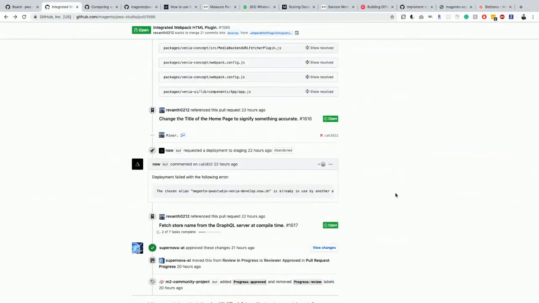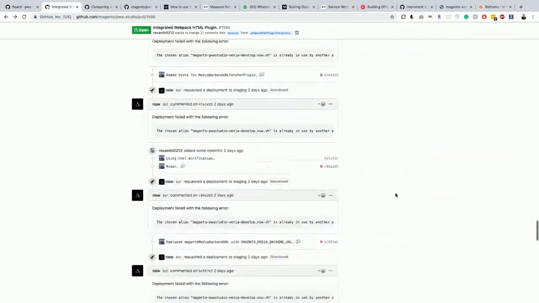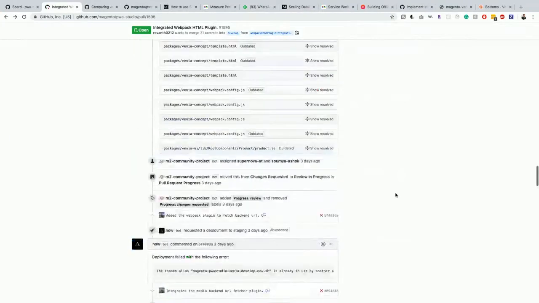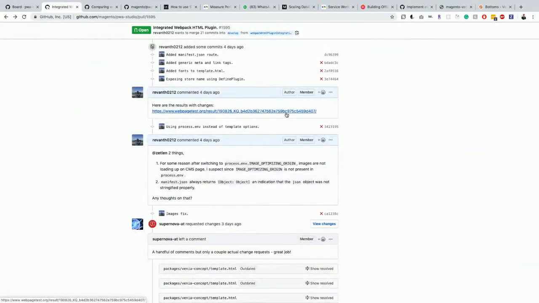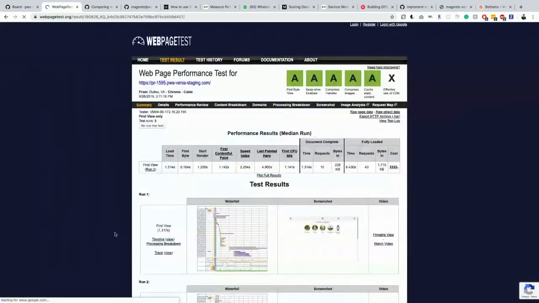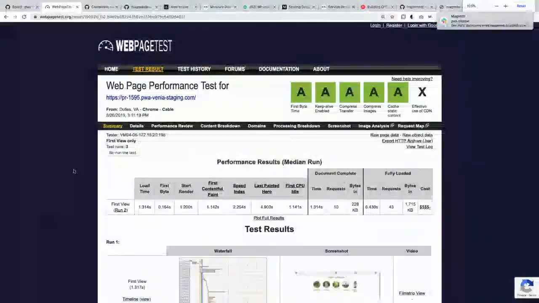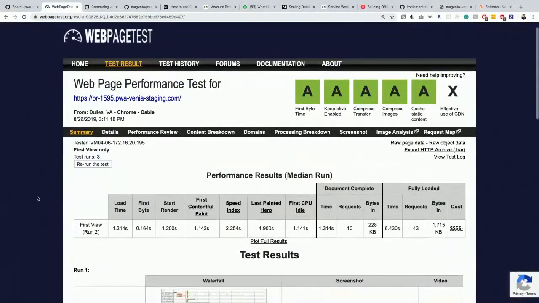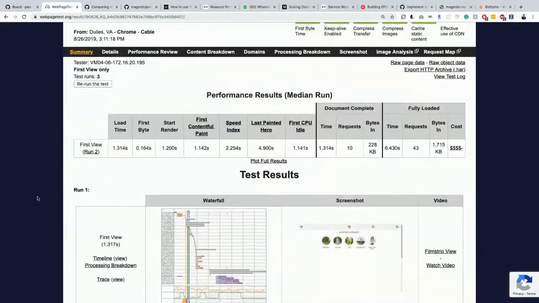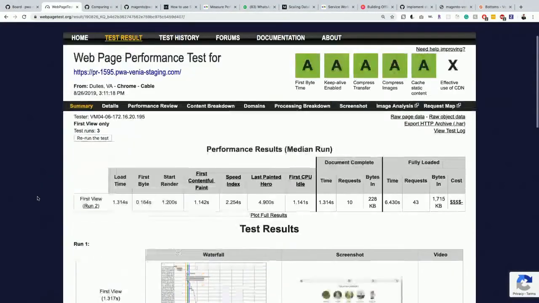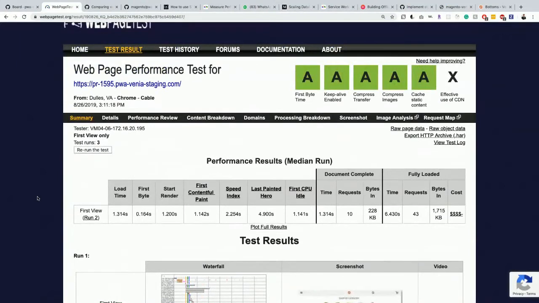Yeah, that was for images, I guess. So the thing about this result is that it ran on a desktop site. Which is fine. I mean, remember for the HTML Webpack plugin, which is showing right now, it's fine to do desktop. So the web page test results that you're thinking of are in the other.